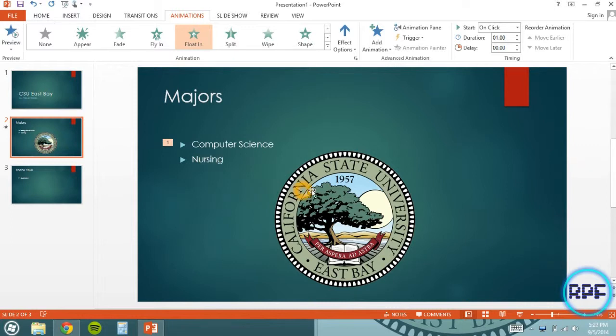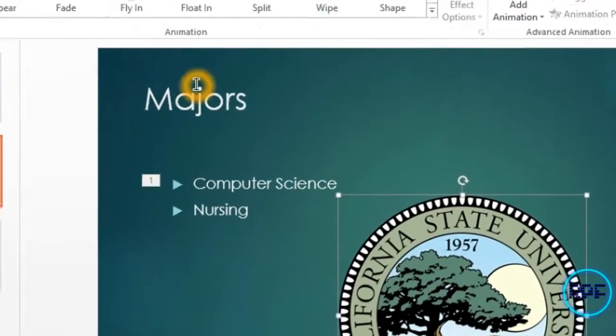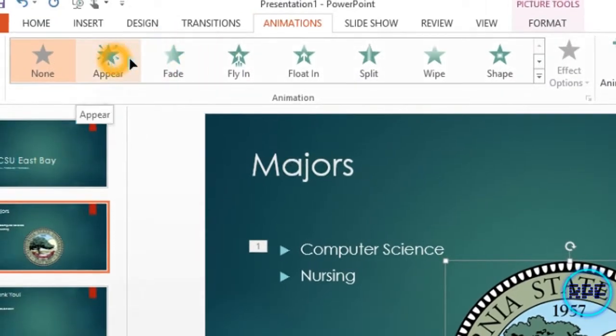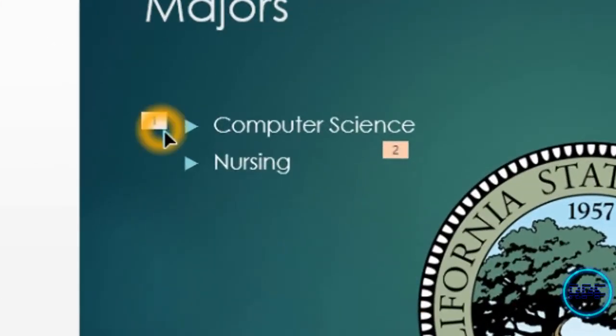You can also animate pictures. If you want to animate images, just click on the image and hit the animation you want to make. I want to choose Fly In. Alright, so as you can see, these numbers right here represent the order in which it's going to be presented